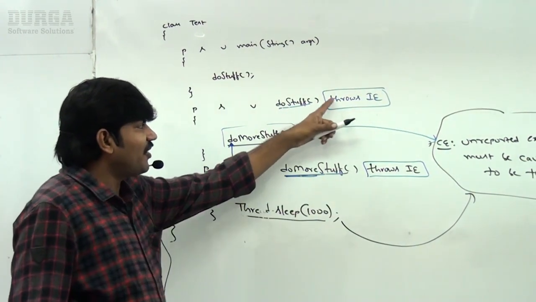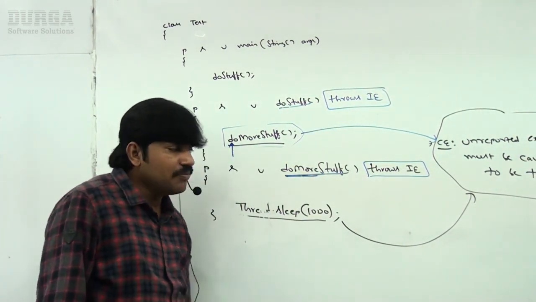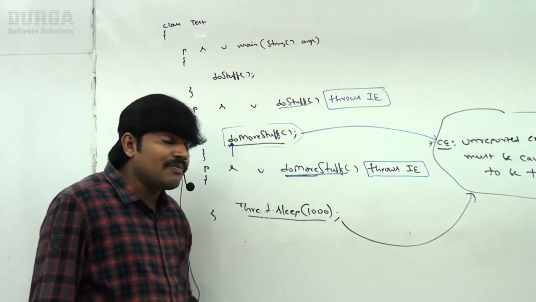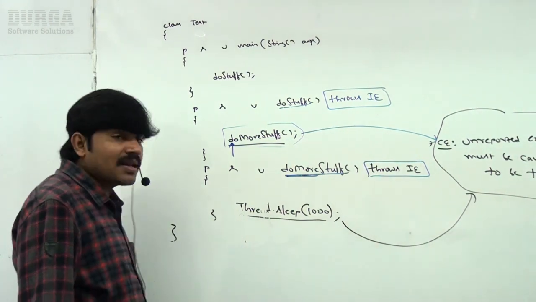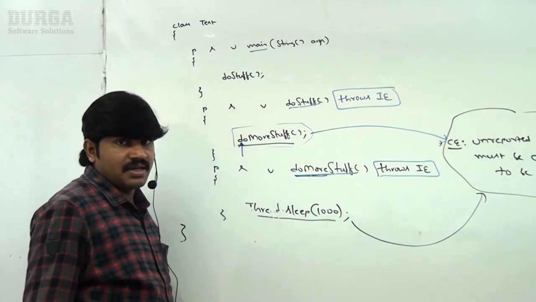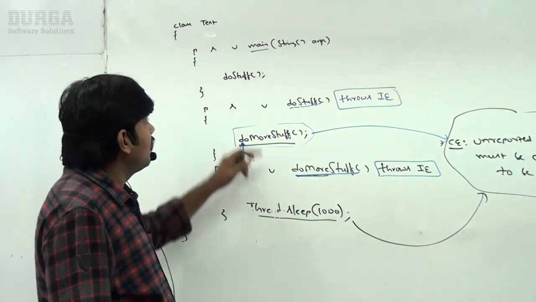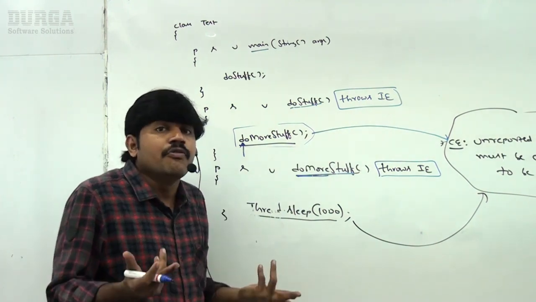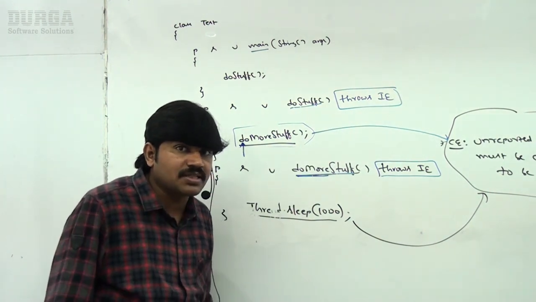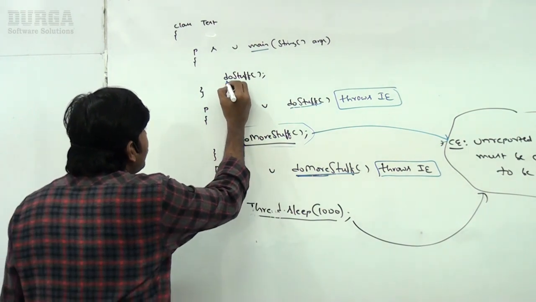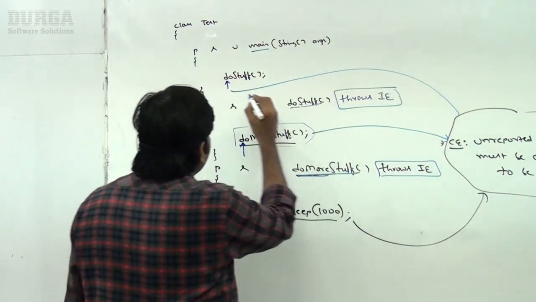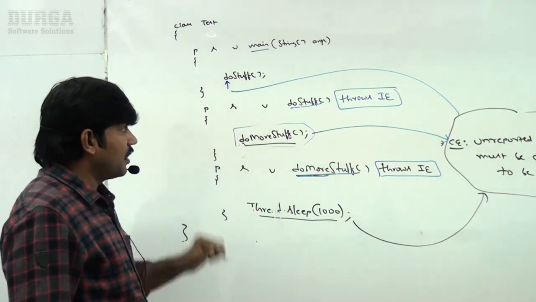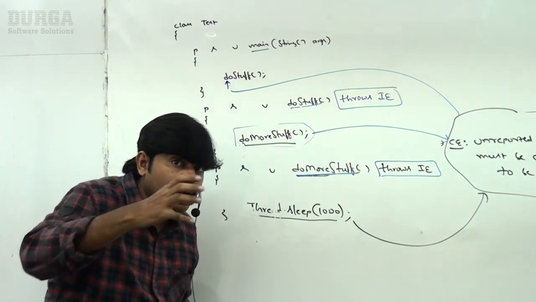Are you getting? Do stuff also keeps throws InterruptedException. Then immediately, what is the compiler going to do? Oh, do stuff delegated to the caller, right? Who is the caller of the do stuff method? Main. Immediately the compiler will ask, oh main, you are calling do stuff. Do stuff delegated InterruptedException, where do you handle it? You didn't report this exception. How can I compile? Immediately we are going to get an error by default at this line. Okay, remember, this problem is solved, sir, but here the problem is coming because do stuff delegated that responsibility to the main